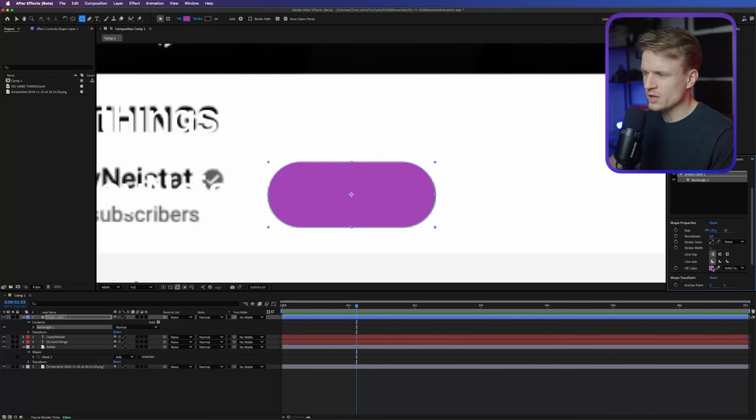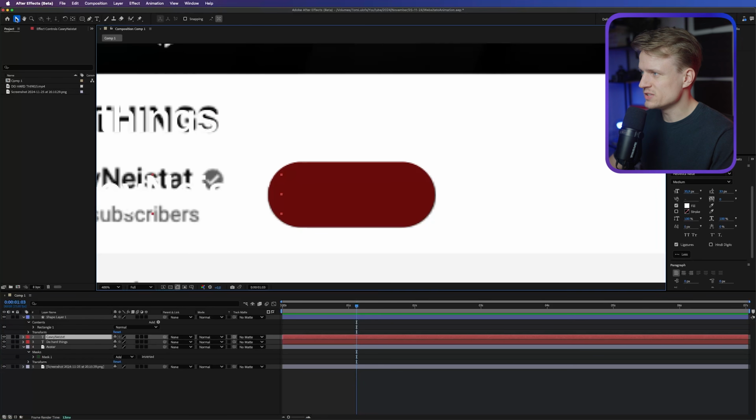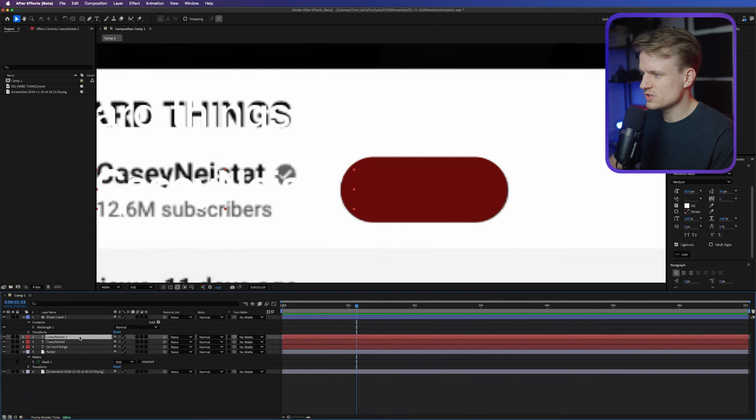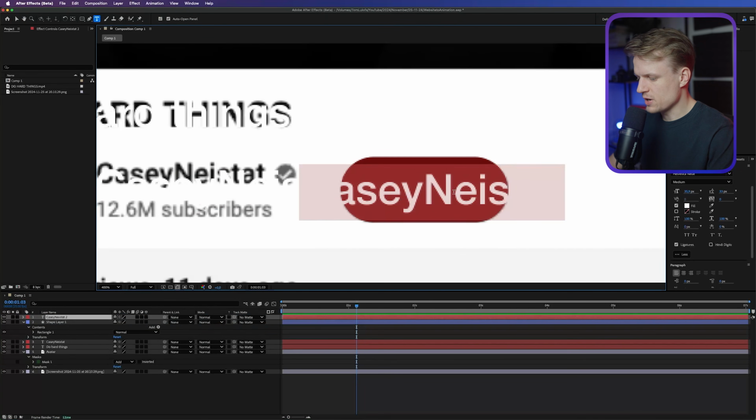And then for the fill color, we could go for white, black, or anything else. I think it's actually cool to make it red and maybe like a darkish red, something like this. Press OK. Now let's go back to the selection tool and let's select this text again. Duplicate this, move this above our shape layer, and then we can drag this here and we can type here